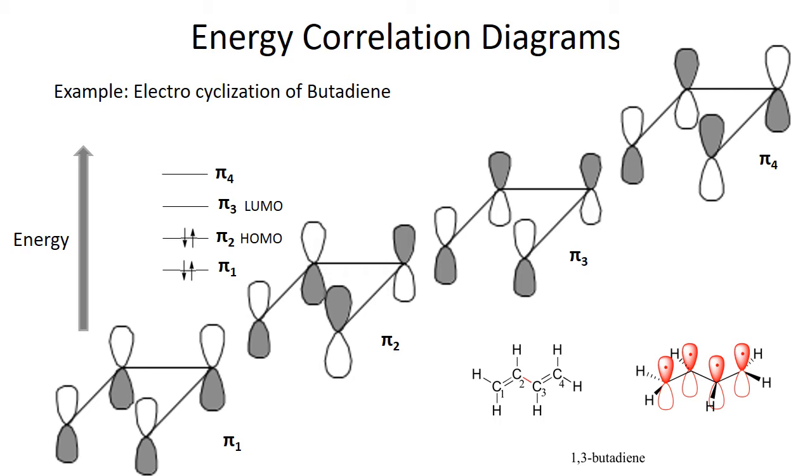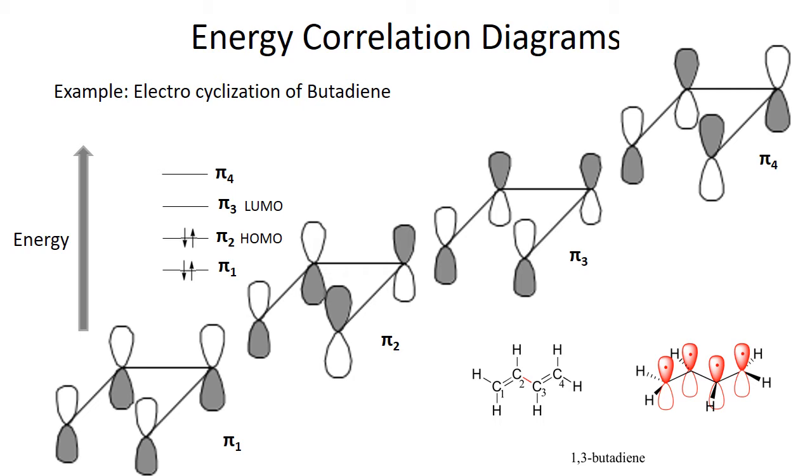In the case of pi 2, there is one sign change. We go from the positive side to the gray or negative side. So there is one node present in pi 2. It means that pi 2 is at higher energy than pi 1. When we talk about pi 3, there are 2 sign changes, which means there are 2 nodes present. Similarly, from pi 3 to pi 4, energy is again raised by the presence of 3 nodes in the molecular orbital. So these are the 4 different levels of molecular orbitals of butadiene.